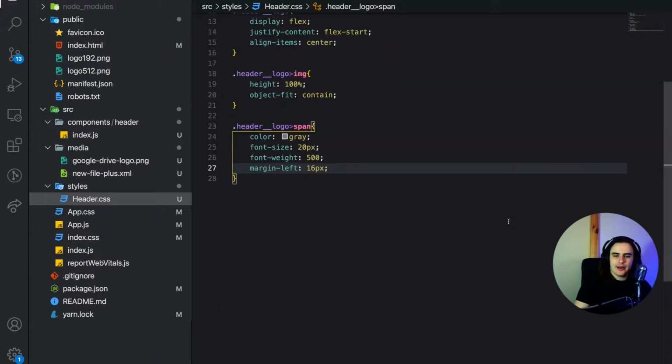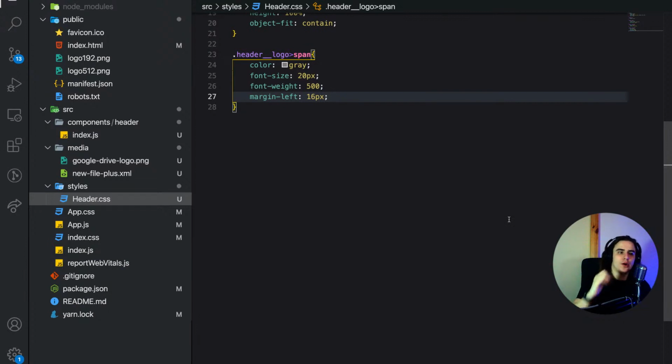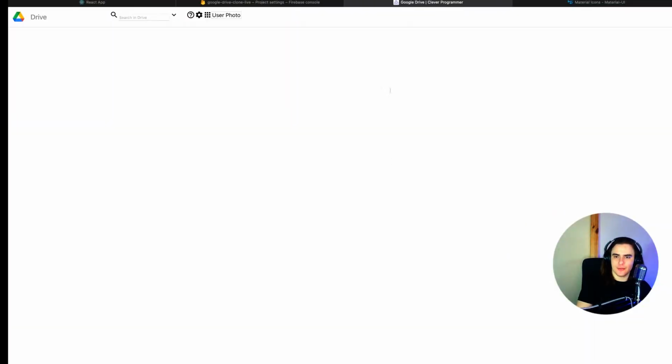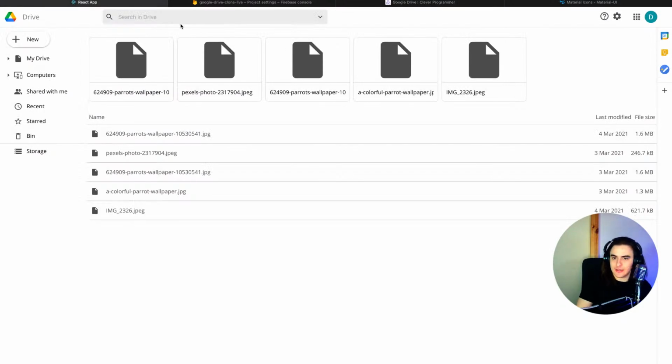So now that I have styled that Drive logo, let's move on to the search container. This is going to be the part that we are building out, this over here. So everything from there all the way here. I hope you guys can see that. All right, going back,